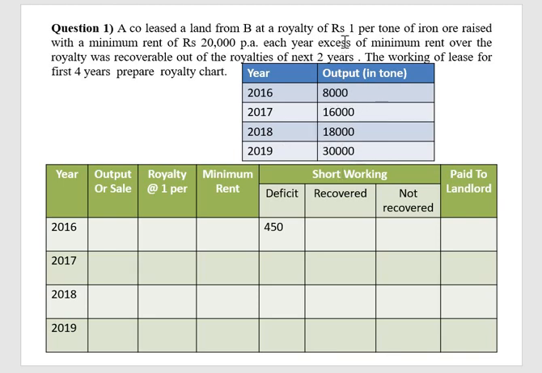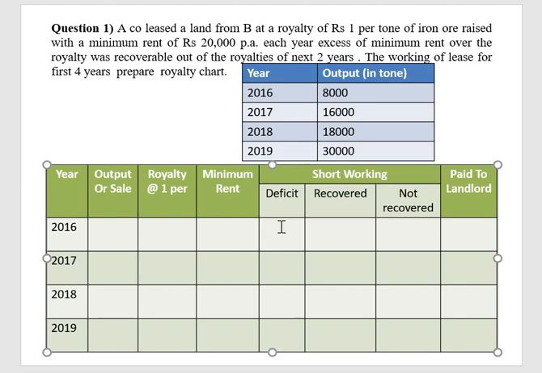This is the rate and minimum rent, and the most important is the royalty recovery, and for how many years. If the minimum rent is in excess of the royalty, that is a deficit. If there is a deficit, what is the rate of recovery of such deficit? First 3 years means first, second and third, including that year. First means we have to consider that year. If they say next, don't consider that year, meaning the loss year. You should not consider the loss year; you have to work from the next year. Understand next 2 years and first year. Once again, I am repeating because it is most important.